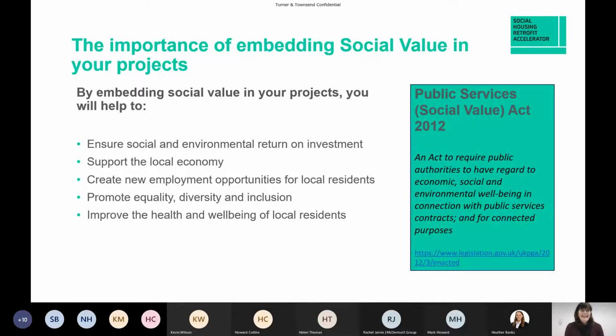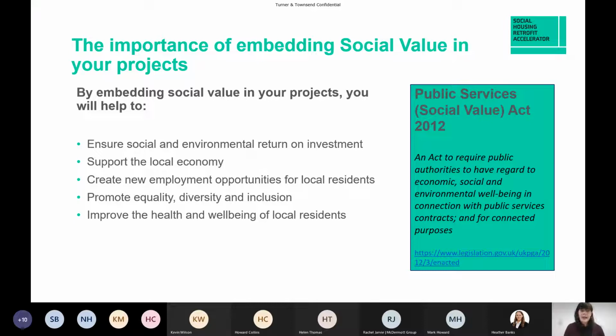Next slide. Thank you. So the importance of embedding social value. Well, I suppose there's an obvious point there about being able to ensure that you've got social and environmental return on investment. So unless you actually set it up in a formalised way, it's the old adage, isn't it? If you don't measure it, you can't monitor it or manage it. So you have to take the same strategic approach really to social and environmental ROI as you would to any other